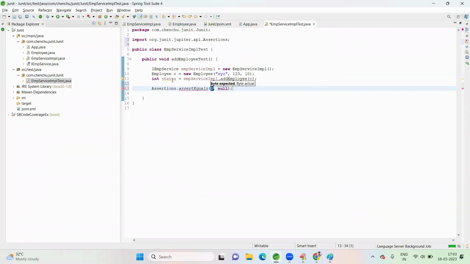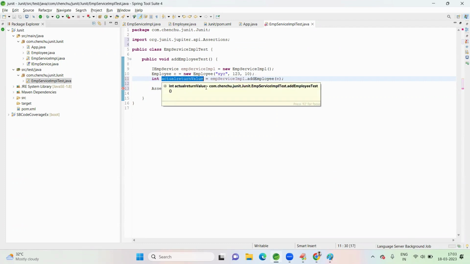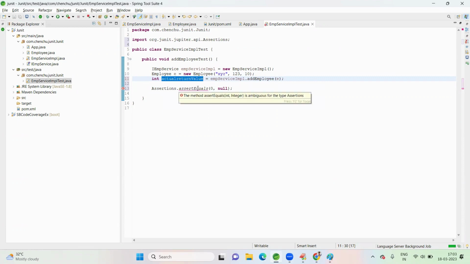This is the actual return value. So what I will do is compare whatever the actual return value is